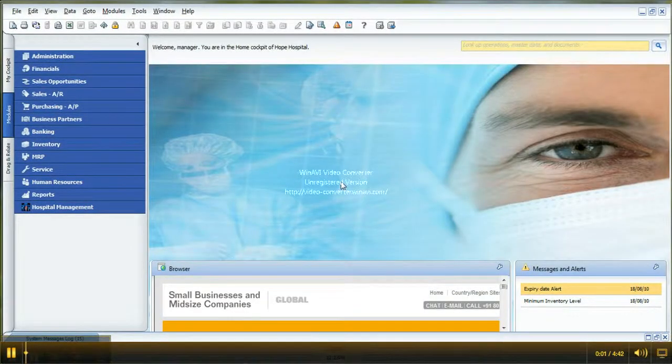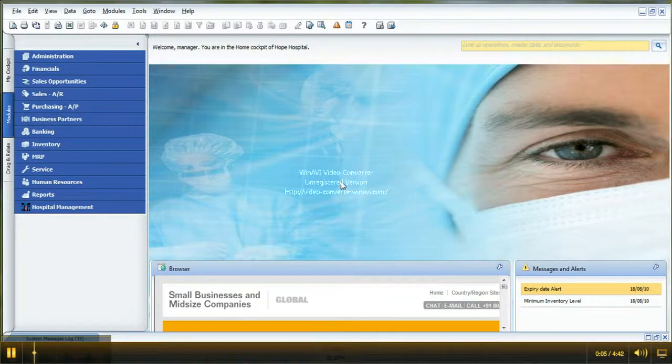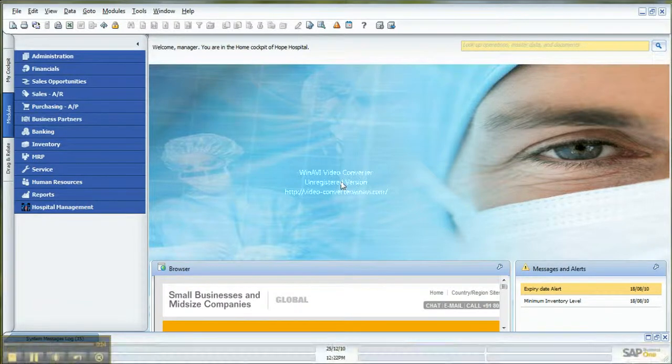Hello. In a hospital, it is very common that we need to generate bills, and these bills should be very well integrated with the financial models or the different financial accounts. So it will automatically reflect in the financial account, so that you can reduce the different paperwork as well as the manual work. It will be reflected in the different accounts automatically.